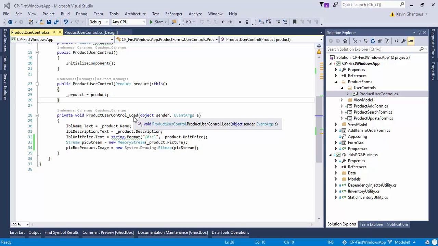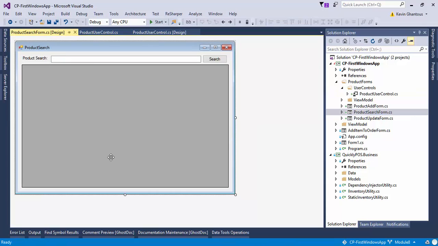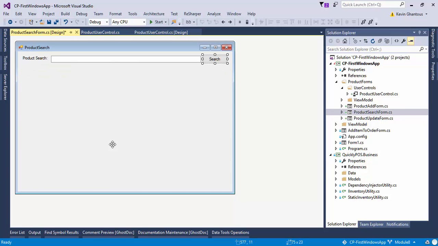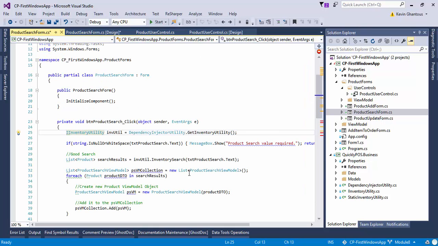So we have our product user control set up, and now we need to implement it within our product search form. First thing I'll do is delete the data grid view. So this is a definite breaking change. And then I'm going to double click on my search button, which is where most of my functionality for the